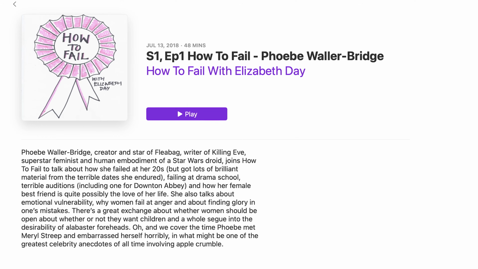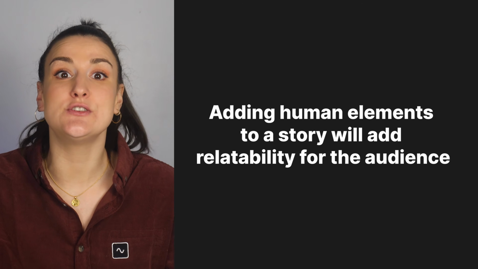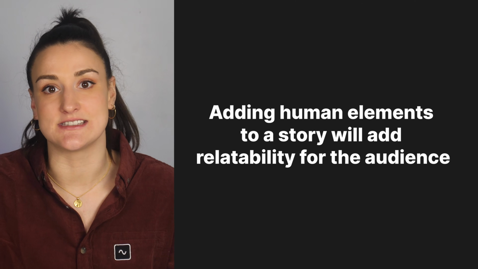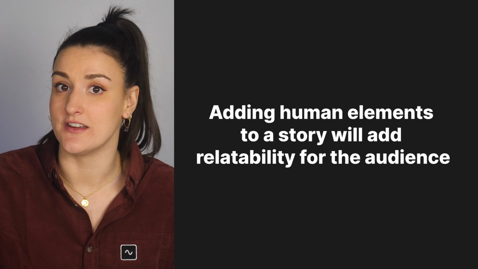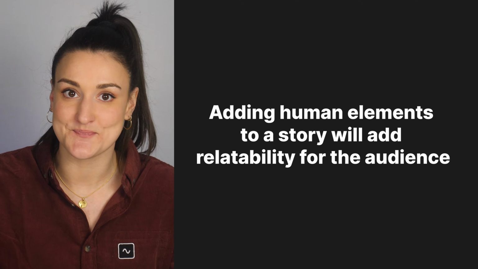This is a great podcast episode with a clear beginning, middle, and end. The episode begins with the host introducing the guest and giving a brief background on her career and achievements. This serves as the beginning of the episode, setting the stage for the conversation that will follow. The middle of the episode consists of the 2 discussing various failures that the guest has experienced throughout her career. They also discuss how she has learned from those failures and used them to improve her craft. The episode ends with a summary of the key takeaways and a call to action for the listener to embrace failure and learn from their own mistakes.